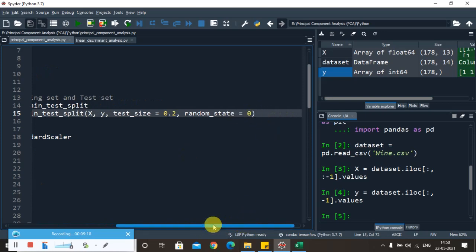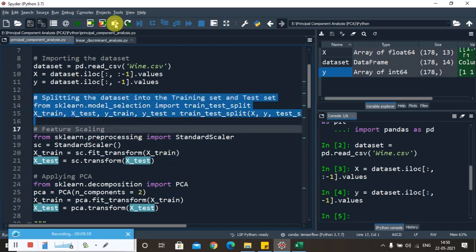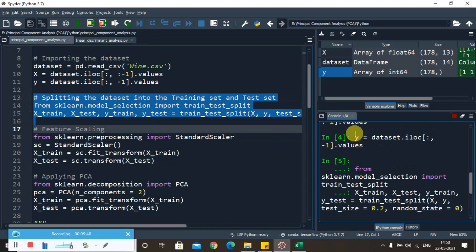So we do that, and we are going to put it in 2 pairs of data: xtrain, xtest and ytrain, ytest. To train the model we require xtrain and ytrain, and for the testing purpose we require xtest and ytest. Now execute these 2 lines of code and verify the variables in the variable explorer.